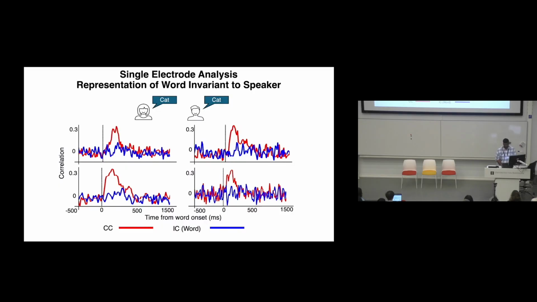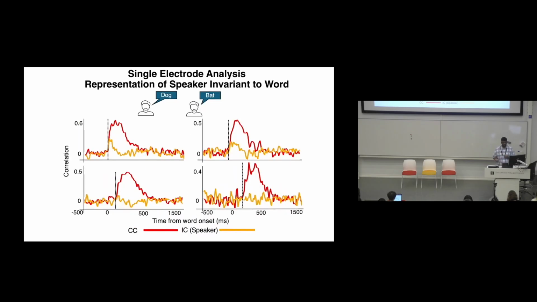Now, we start by doing a single electrode analysis using this invariance paradigm. We start by looking at the representation of word invariant to speaker, which is different speakers, same word. Here we observe, if you look at the bottom left electrode, that there are some showing some limited invariance, where it's slightly going up towards the ceiling correlation, but there's some which are completely flat and show no invariance at all. We do the same the other way around, looking at the representation of speaker that is invariant to word, where you have the same speaker but saying different words. Similarly here, if you look at the top row, you'll notice that some electrodes show limited invariance, where it's going up a little, there's some which show no invariance at all, and there's some we observe that are in the middle.